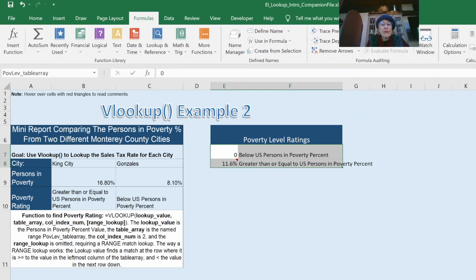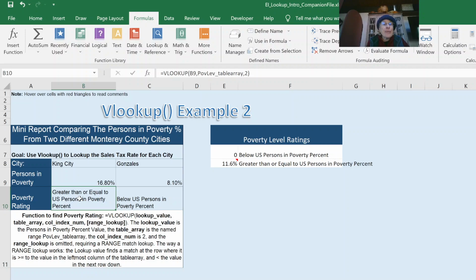Now I have another lookup example here where we'll use a range lookup for a VLOOKUP. In this case, I have a little report that we're asking to have a poverty rating displayed here, a message that says whether the city in this column has a persons in poverty value, percent value,